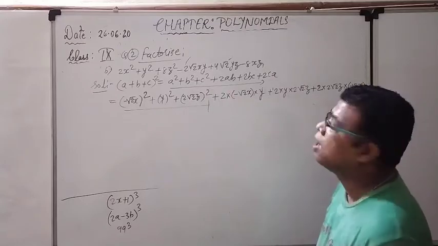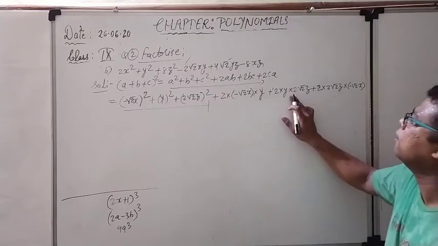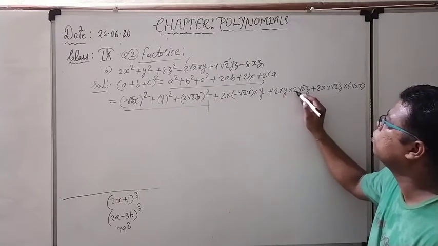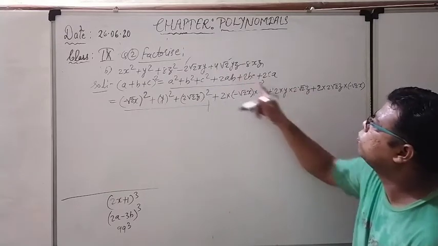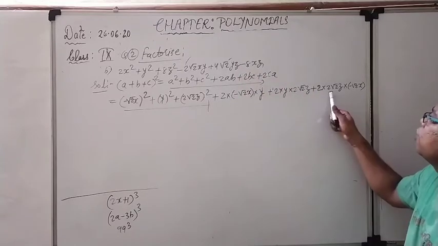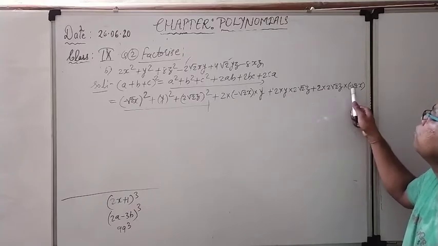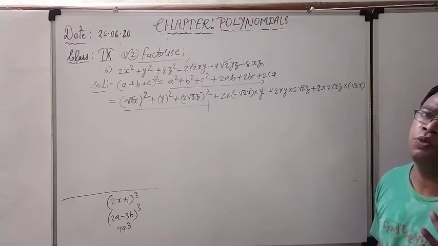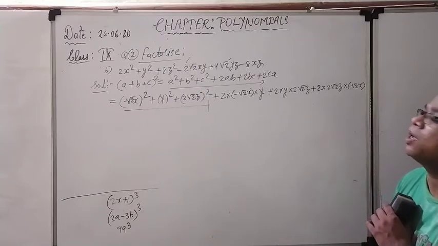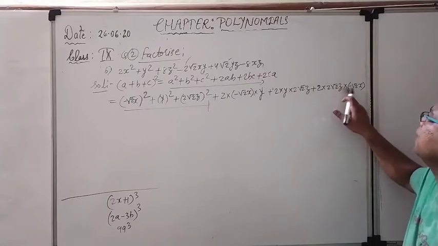Same thing is here. After that, this is for the 2bc. This is our 2bc. So multiply the things. 2 into 2, 4 root 2, 4 root 2. Check it the digit. YZ, same. And after that, next part, 2 into 2 means 2 2 ja 4, and root 2 and root 2 are making the pair. So one 2 will be common, one 2 will be out from the square root. So 2 2 ja 4, 2 ja minus 8. That is minus 8 is coming here, and zx.